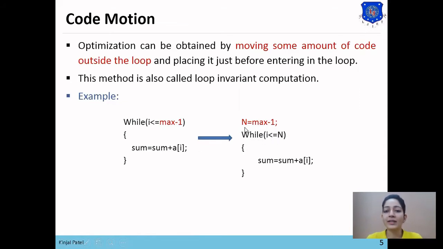So whenever this loop gets executed, we need to check only one condition, i <= n. As n has been evaluated once, we need not evaluate the max - 1 expression whenever we execute this while loop. This technique is called code movement, that we can move our code outside the loop so that we can reduce the time complexity of our code.